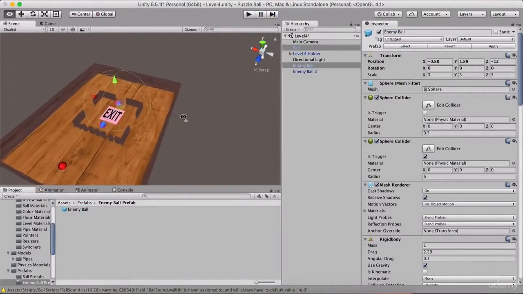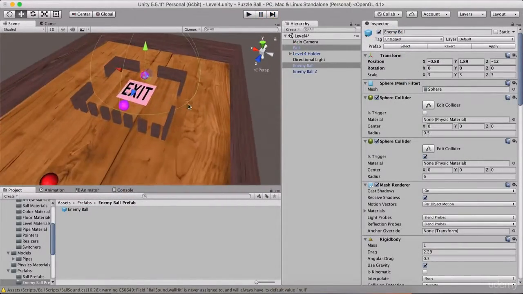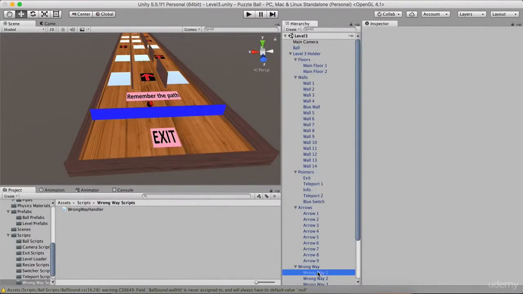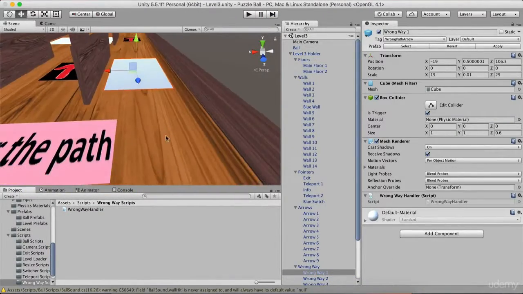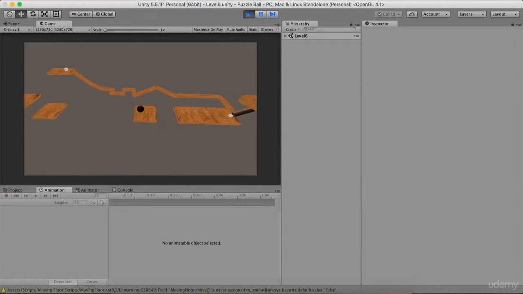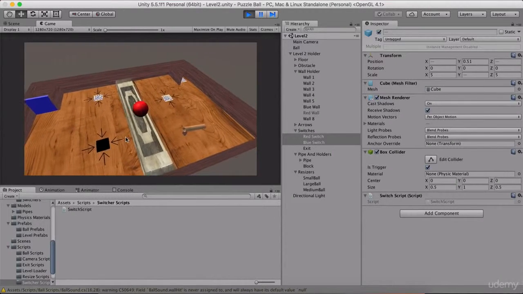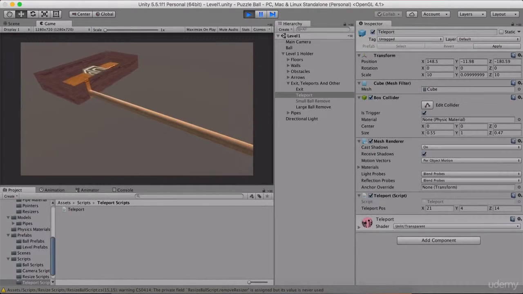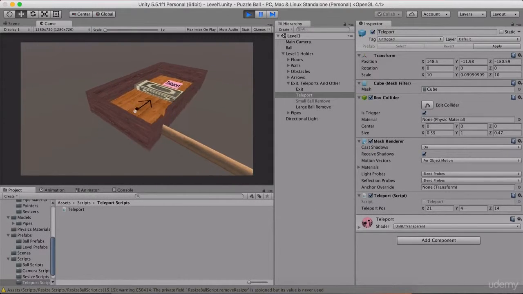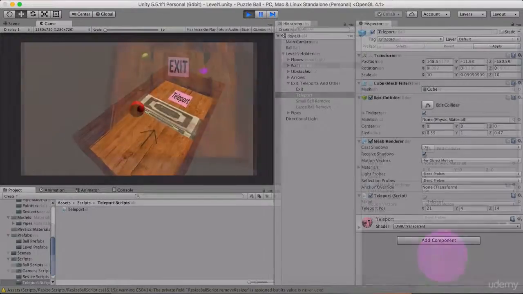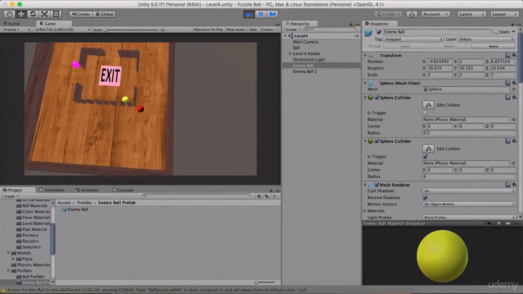Next, we will build a scalable puzzle game called Puzzle Ball, where you will learn advanced scripting, which is important to help you build your own games. We will see how we can reuse our script to scale our game and have more levels to play. We will also see some advanced features of Unity's physics system and how we can tweak the physics settings to